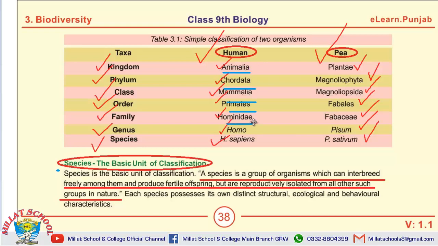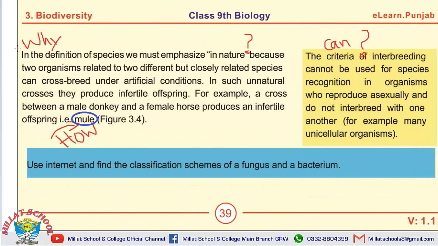For example, the genus of man is Homo, the species is Homo sapiens, the plant's name is Pisum sativum, and all other taxa can be asked as well with reference to MCQs. Species is the basic unit of classification. And the next page also starts with the question,